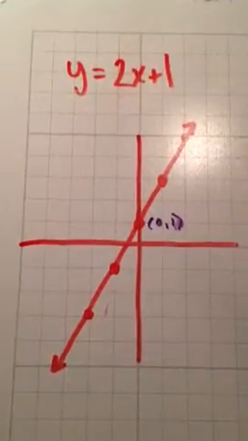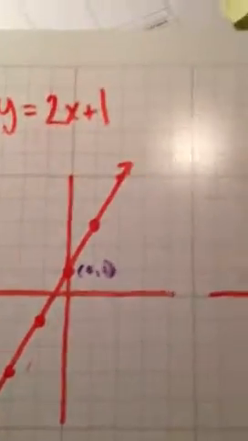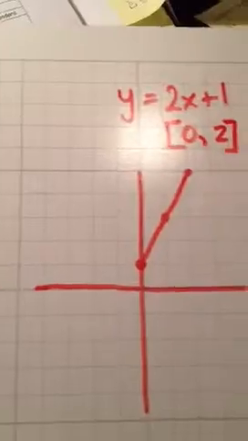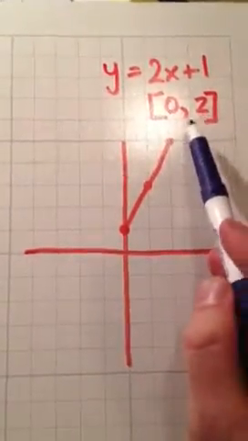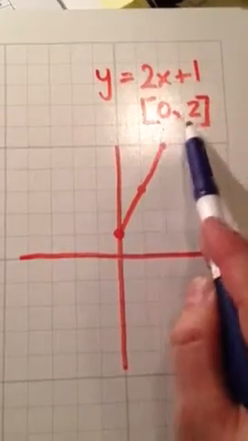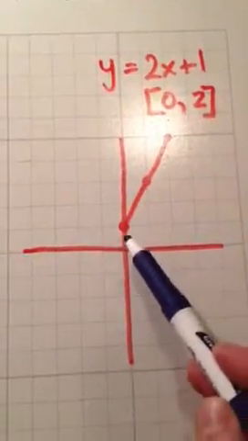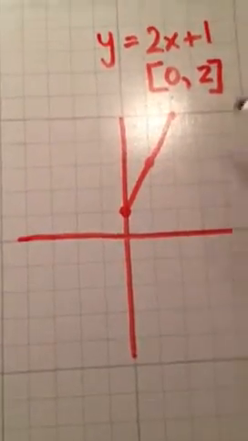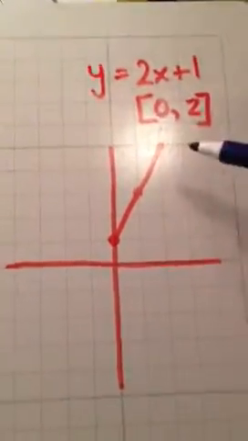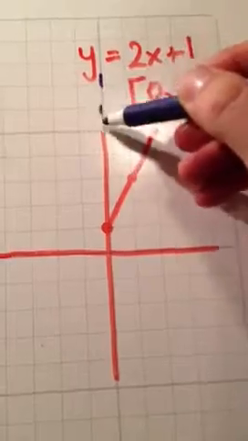Pretty simple, I think. Now, let's look over to the same exact line, only I've now given it a domain, or what's like an interval. I want it between 0 and 2. I don't want all that other stuff that comes after here, and I don't want all the other stuff that comes after here. So in a sense, what the domain is saying between 0 and 2 is, and I'm going to draw